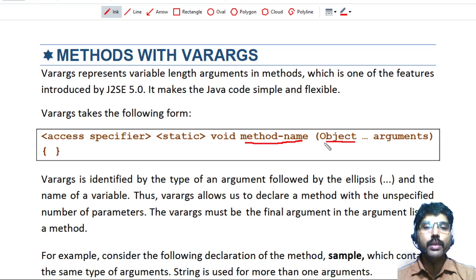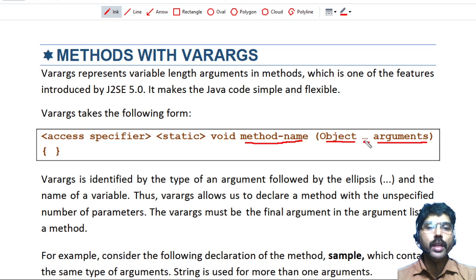Here you specify which type of data or object you have to accept. Then you specify the argument. It's the variable name, and whatever parameters you pass are stored in the arguments variable. These three dots, the ellipsis, indicate varargs.